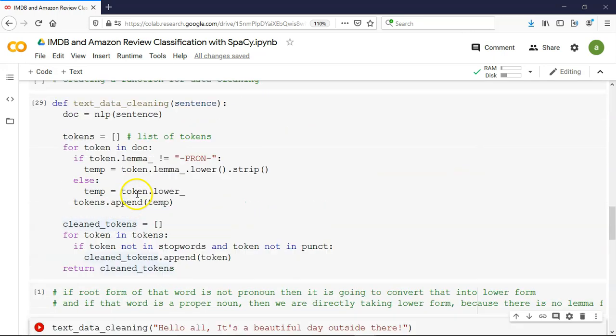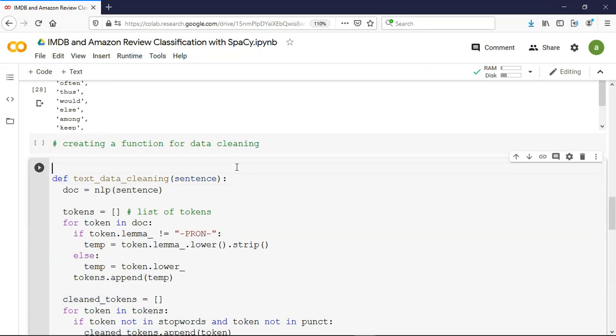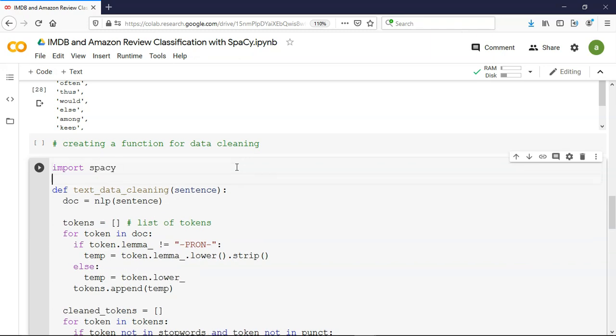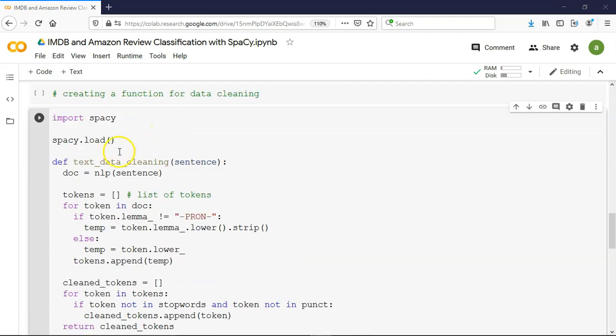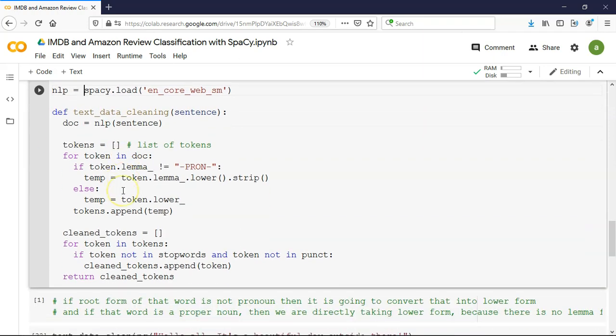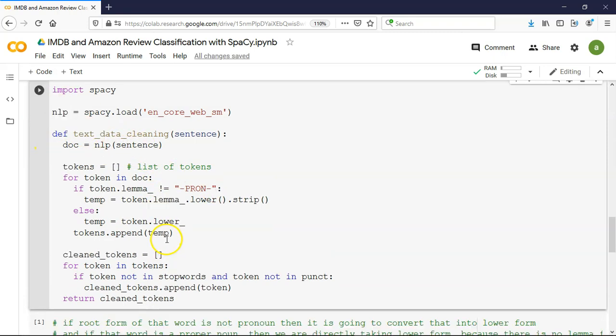We haven't done that here, so before that let me import spaCy and call spacy.load, and let's keep here our small-size English web core model, and assign it to nlp. Let's define this function again, and then we are going to apply this on our NLP model.